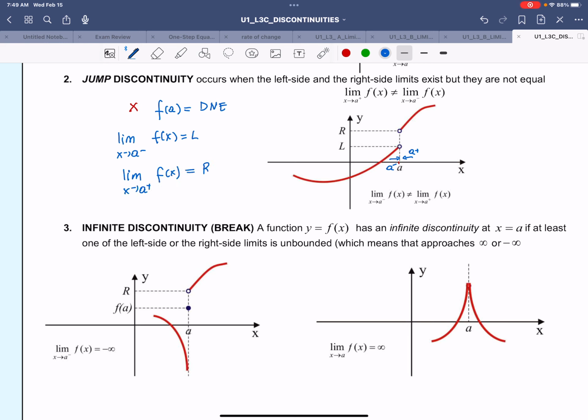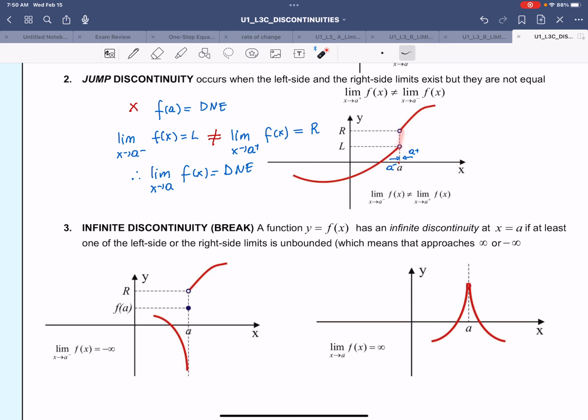As you can see, the left and the right-hand side limits are different. So therefore, we're going to say that the limit at x equals a doesn't exist, because there is no predictable value of y as we approach x equals a. So both conditions are unsatisfied, so they're undefined, which means that we cannot determine, or the function is not continuous